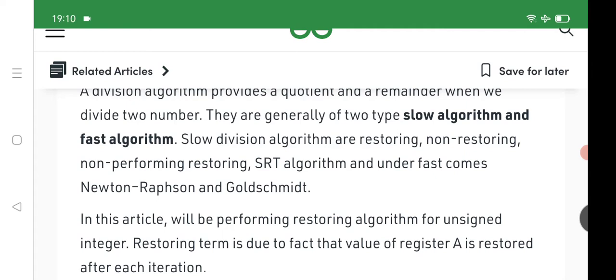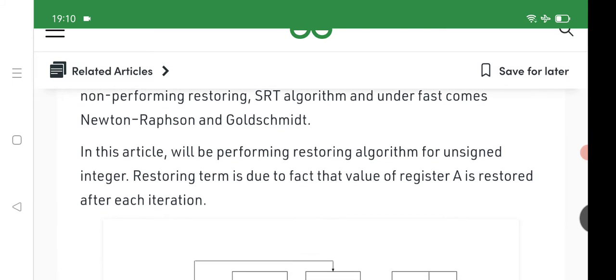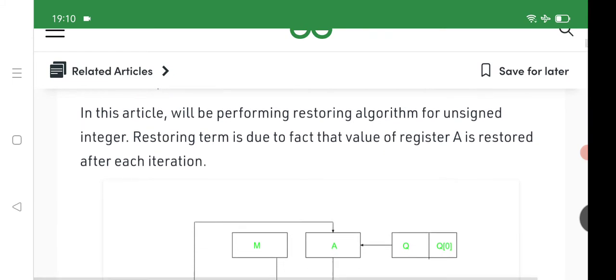These are the different types of division algorithms available. According to our syllabus, we will consider only the restoring and non-restoring algorithms. In today's class, we will perform the restoring algorithm for unsigned integers.